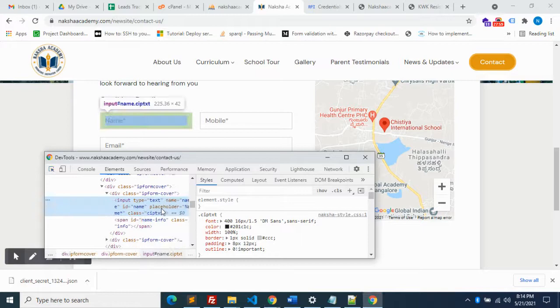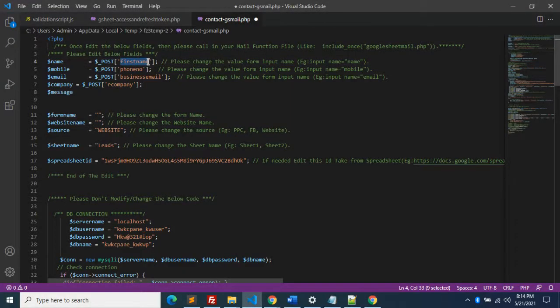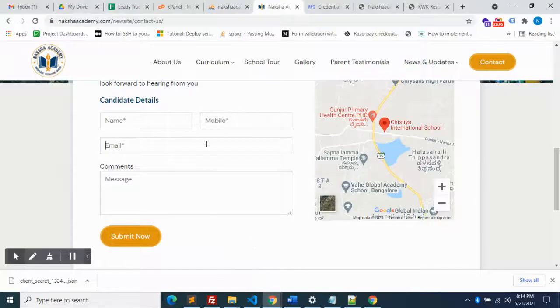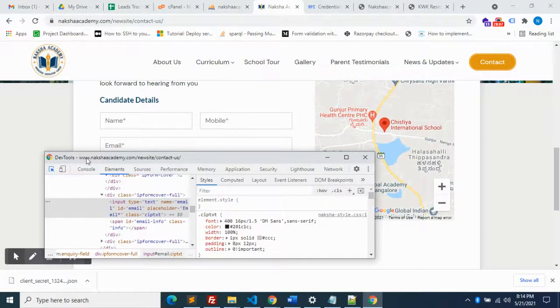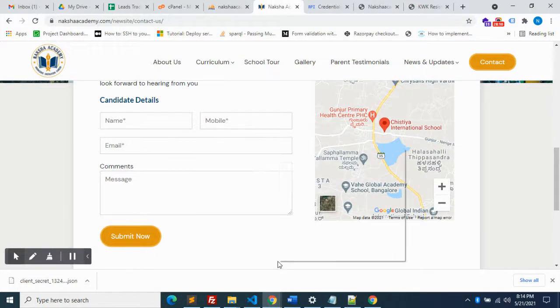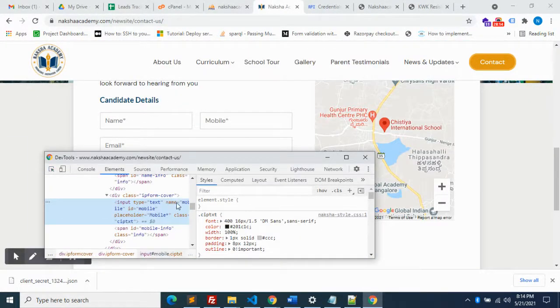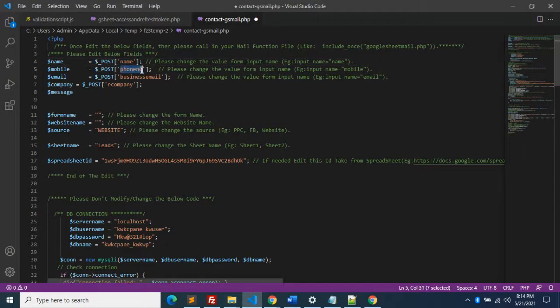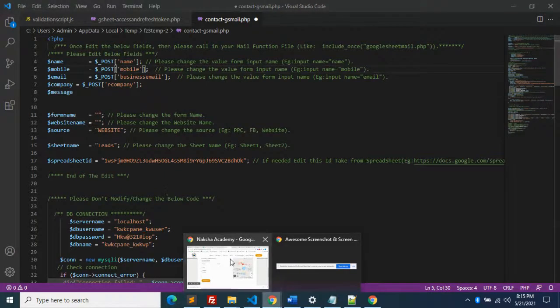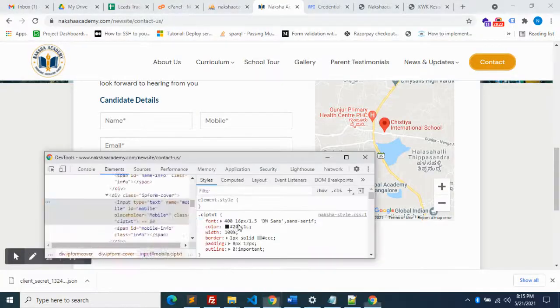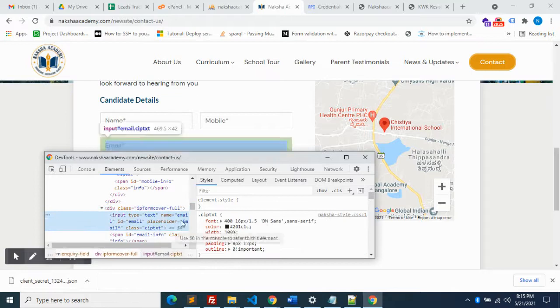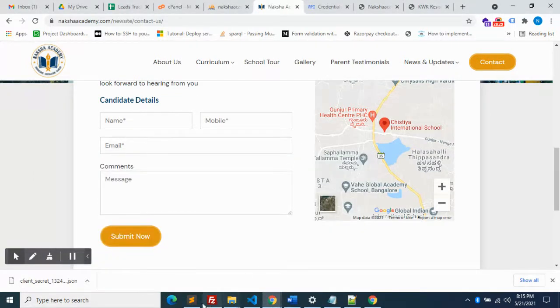You have to check that this input name should be name here. Name. Mobile. Email.